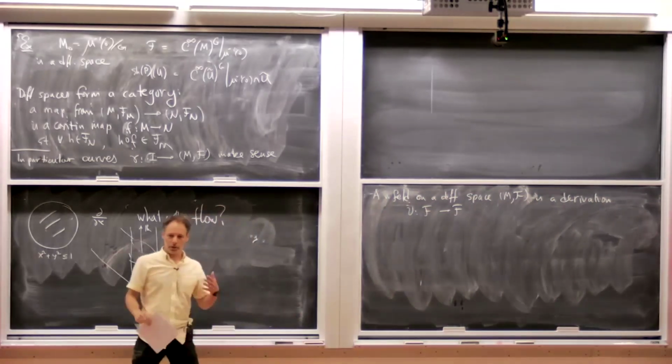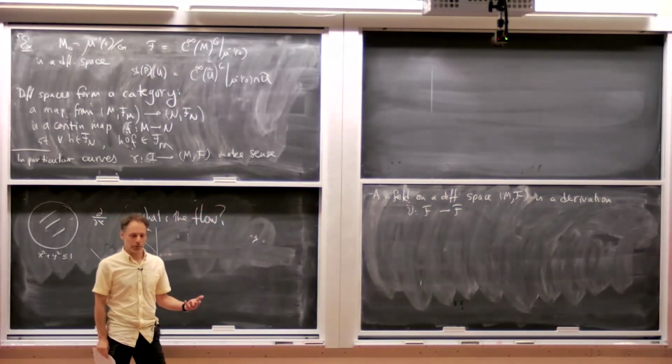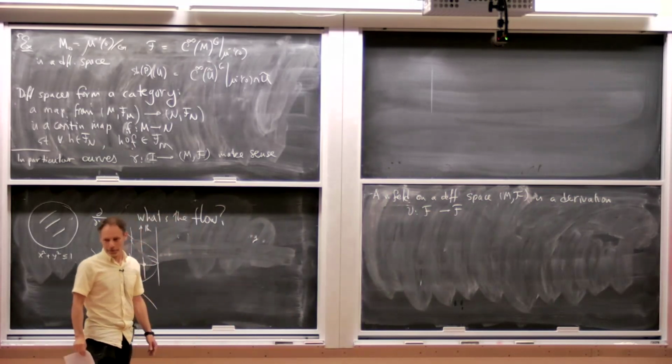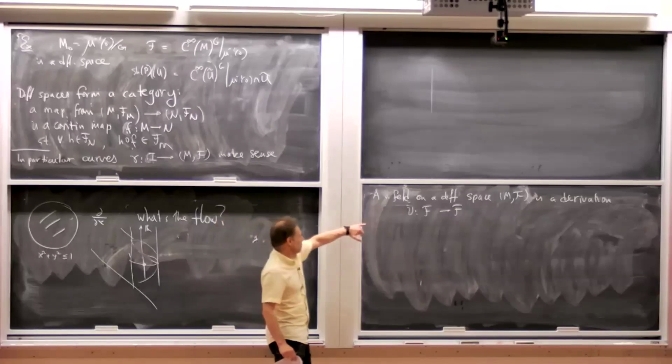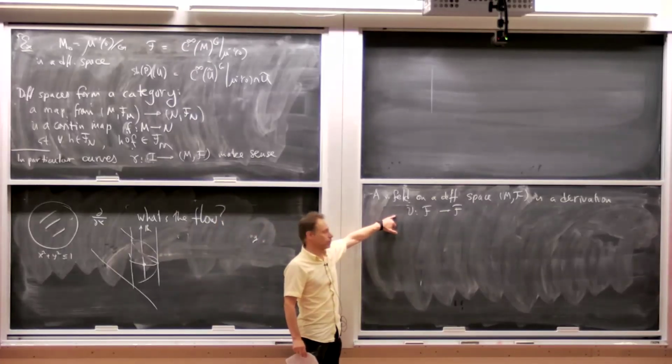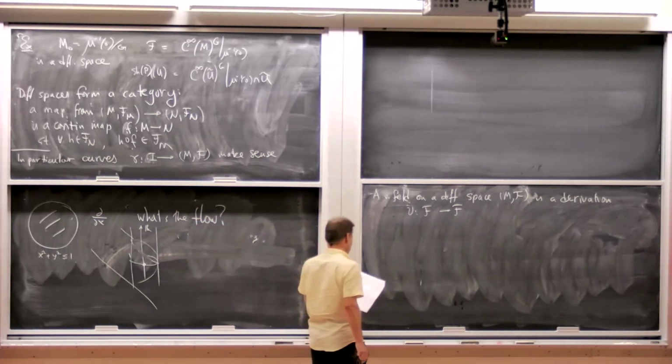One thing I forgot to mention, any C infinity ring is an R algebra, because you can forget most of the operations except for the ones you need for the R algebra. And you could define derivations, this thing to be a derivation of R algebras. It's not quite the right definition, but in this case it makes no difference, thanks to somebody's theorem, Yamashita.